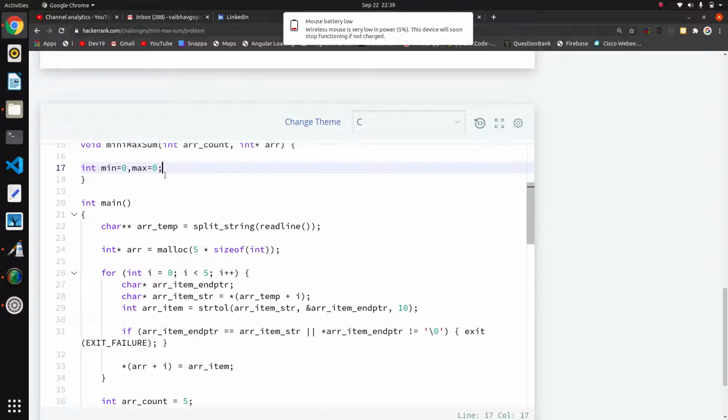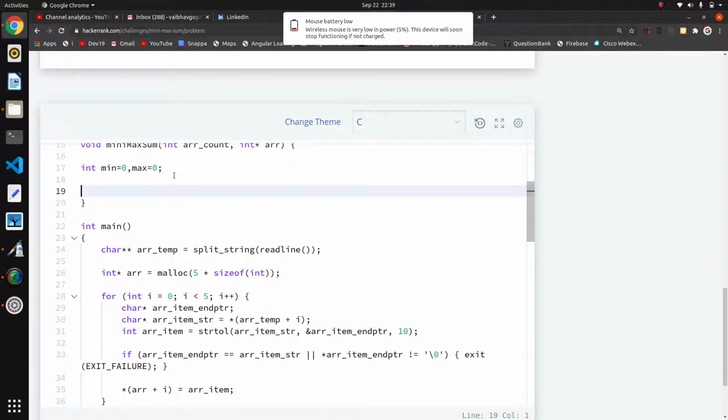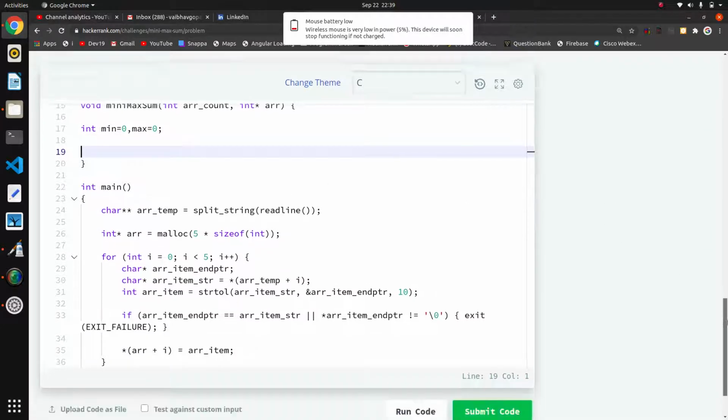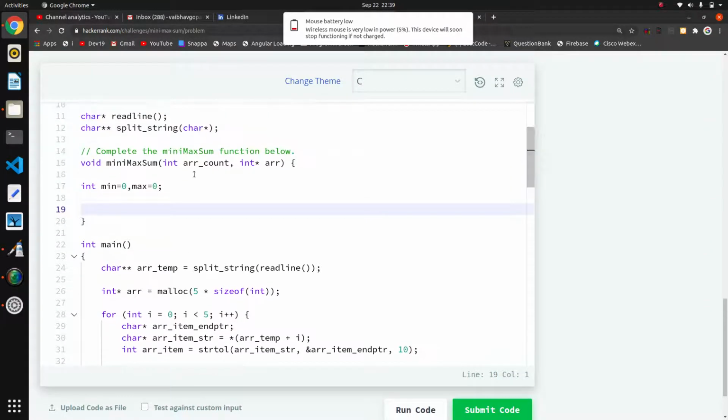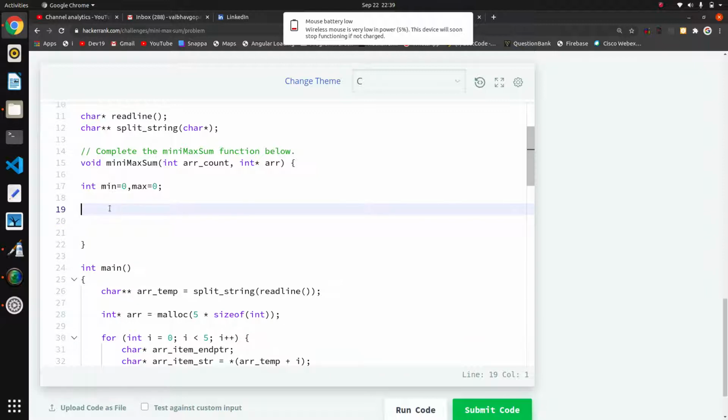Now I will iterate my loop and check every number against the minimum and maximum variables. So for int i equal to 0, i less than arr count, that is the length of the array, i plus plus.